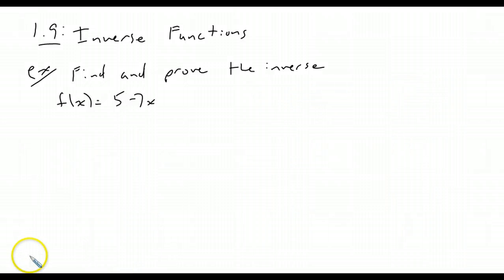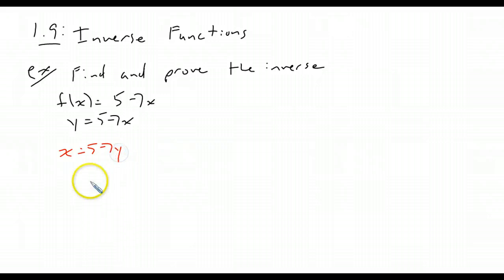Alright, doing the same thing, going to find the inverse and prove it. This time I'm also going to do it graphically as well. So I know this function is y equals 5 minus 7x. It just makes it easier than saying f of x so that I can switch places a little bit easier. So now I have x equals 5 minus 7y to find the inverse, and I'm going to solve